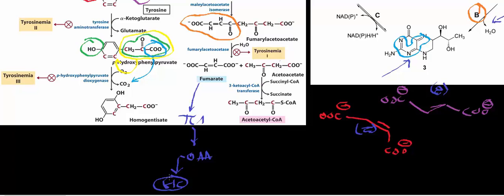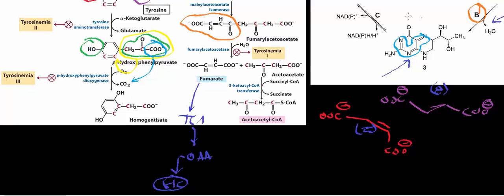Now, acetoacetate is a ketogenic product. Specifically, it's a ketone body, right? We actually don't have to do anything to it to make it into a ketone body. It already is, right? So we can say that this enzyme, fumarylacetoacetate hydrolase, is both glucogenic and ketogenic. That's a rare occurrence. We really won't see a whole lot of that. And the acetoacetate that's made will be shunted out of the liver into the blood, and it will feed peripheral